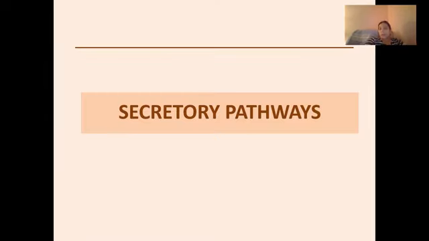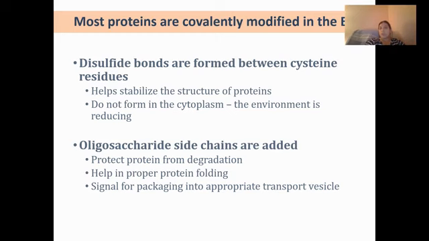Now, the way this vesicle formation works, this is the typical system that we all know about, right? We know about endocytosis, exocytosis, that's the one we typically hear about through the endomembrane system. However, there are other ways that secretory pathways work as well outside of these two systems. So before we can talk about that, we're going to talk about how exactly these secretory pathways are controlled and formulated. So in the ER, when the proteins are first made, part of their